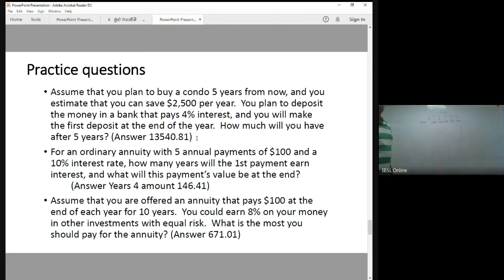How much will you have after 5 years? Which means at this point, how much will you have? So that's the future value. And if you look at the cash flows, you're receiving the same amount every year for 5 years. So it's an annuity. You need to calculate the future value of this annuity, which is